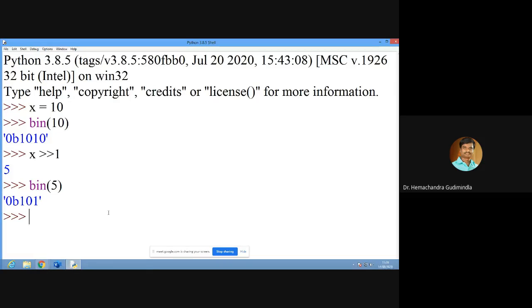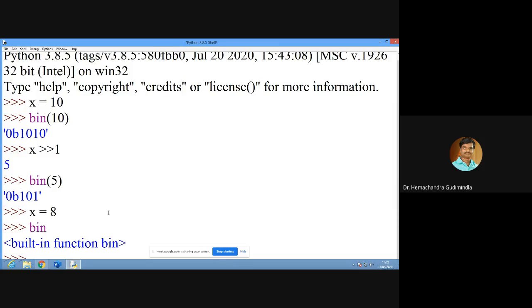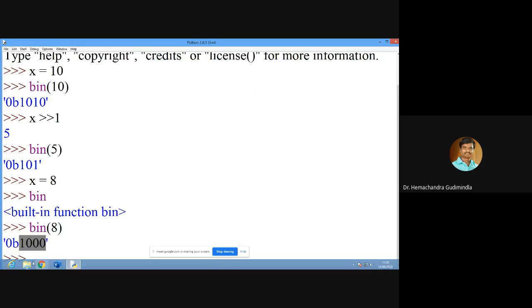Now if you take x equals, say, 8, what is the binary equivalent of 8? The binary equivalent of 8 is 1000, right? Now if I'm moving towards the right side, what will happen?